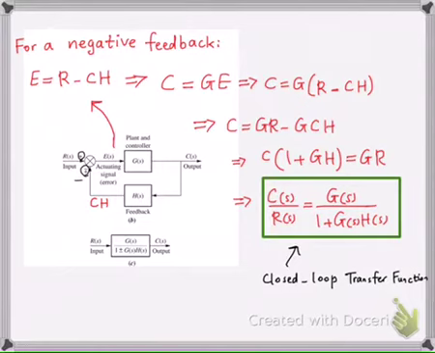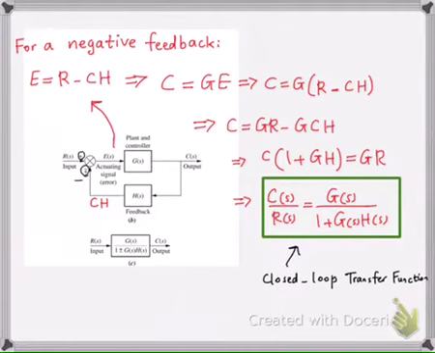And of course, we can have either a positive feedback where the sign of the path from the feedback is going to be plus, or it can be minus, meaning that it's going to be a negative feedback. So for a negative feedback, which is much more widely used in engineering systems than positive feedback,